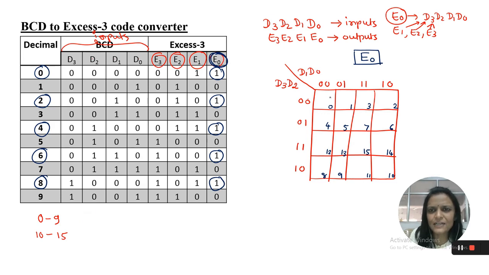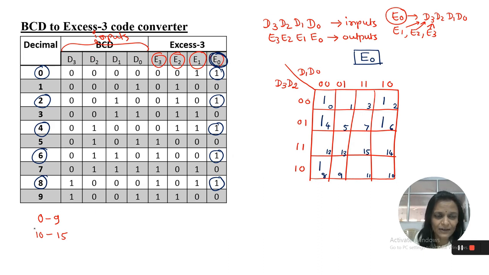So we will assign 1 in this K-map according to these decimal numbers: 0, then 2, 4, 6 and 8. Okay, so I have assigned 1 values according to the E0 column.